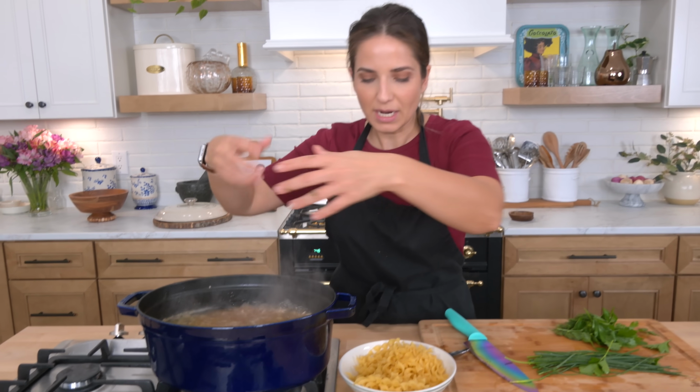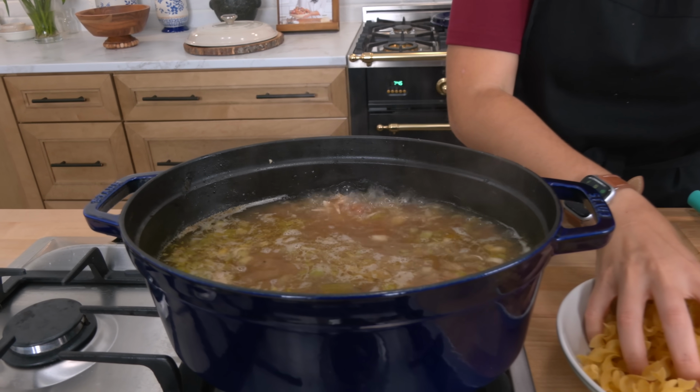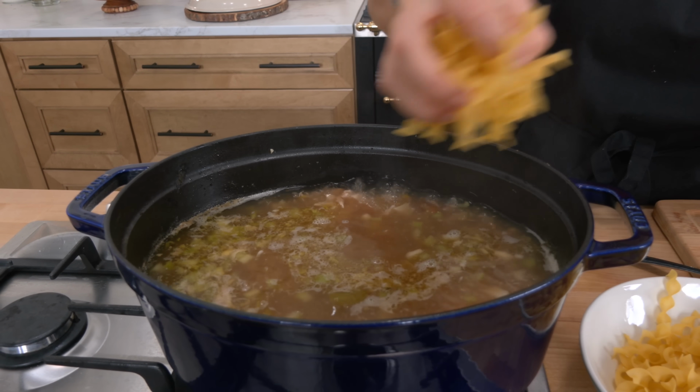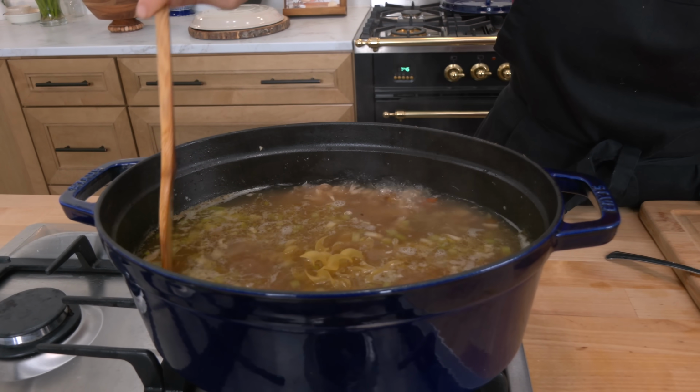I'm going to go ahead and do it old school and add my egg noodles to this because I like cooking my egg noodles right in the broth because it absorbs all of that flavor. So I'm going to go ahead and do that. Egg noodles kind of swell up, so you really don't need a ton. I probably add like 3 or 4 ounces